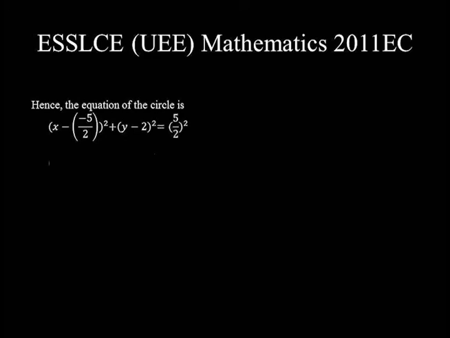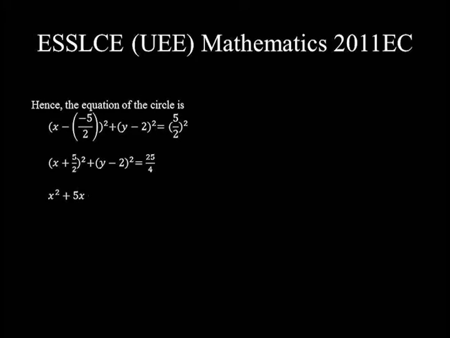X minus negative 5 over 2 means x plus 5 over 2 squared plus y minus 2 squared is equal to 5 squared, which is 25, divided by 2 squared, which is 4. X plus 5 over 2 squared, that's the square of the first term, is x squared plus 2 times x times 5 over 2, that is 5x, plus the square of the second term, that is 5 over 2 squared,